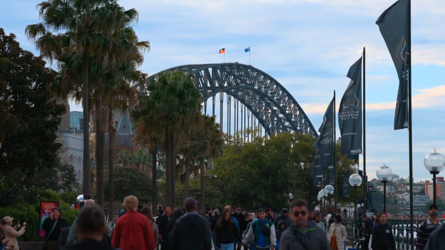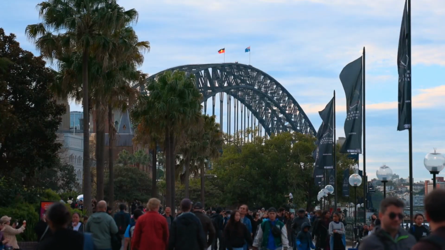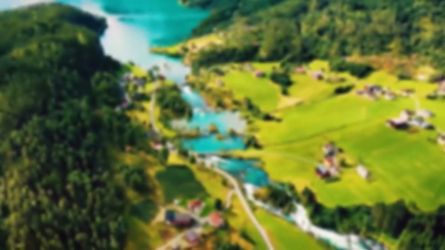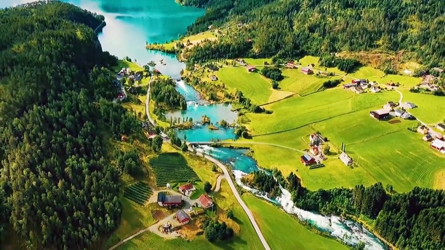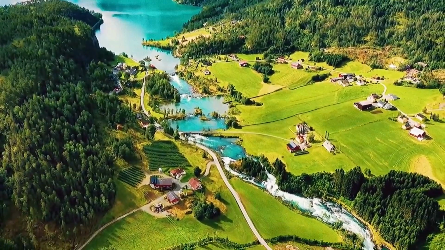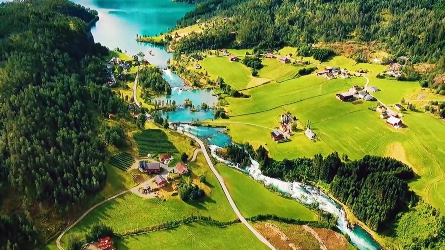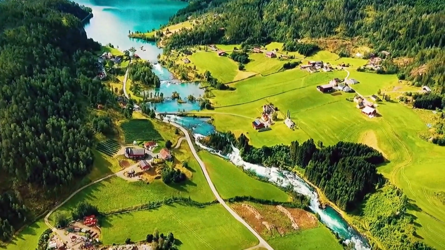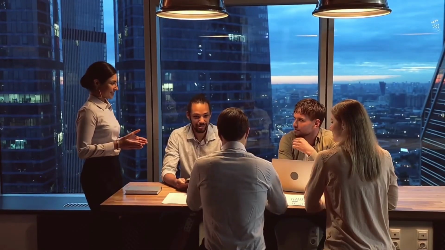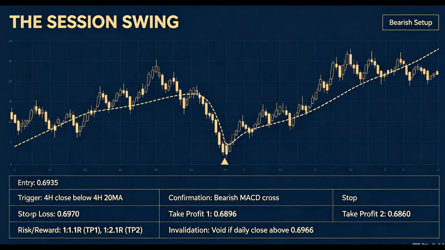Strategy 3, day session swing, trend alignment. Now the session hold for those who can stomach the noise. This swing aligns with the weekly and daily bearish structure. The trigger condition: we need a 4-hour close below the 20 MA on the 4H, roughly the 0.6940 level, with a fresh bearish MACD cross on that timeframe. That would confirm the bounce is done and the downtrend resumes.